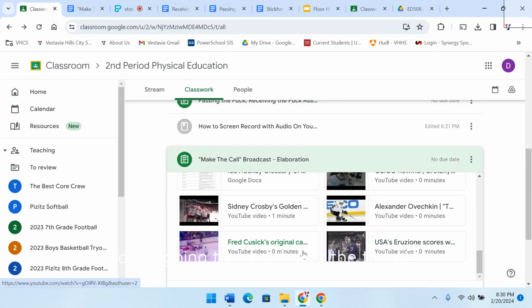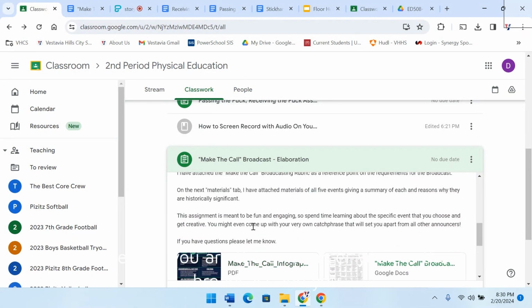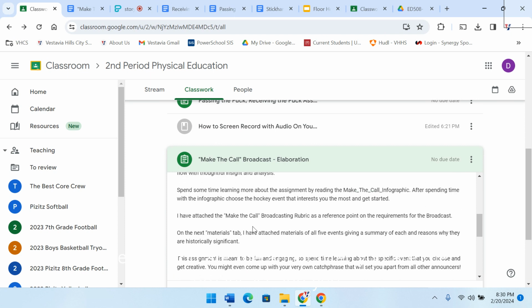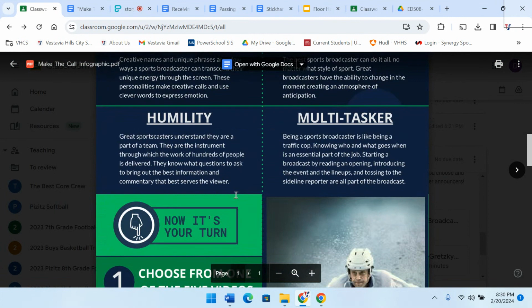So you're going to record over the top of these videos. So you would mute the video while you're still playing it. And you are going to be in charge of making sure that you are the announcer, you are the broadcaster, and you are identifying the important parts. So we talked about, if we go back to the infographic, we talked about